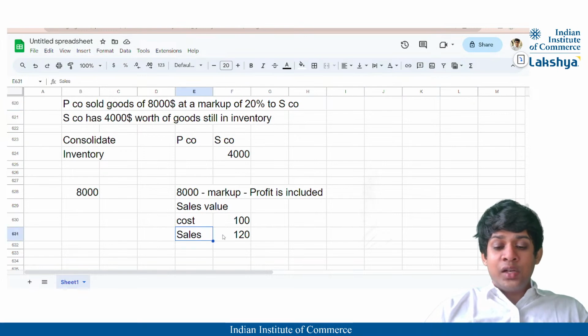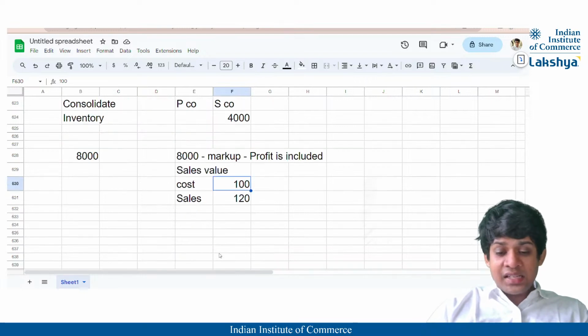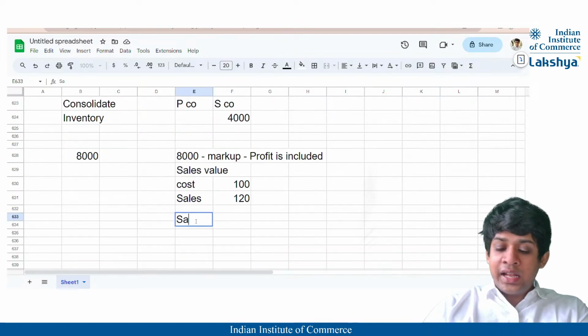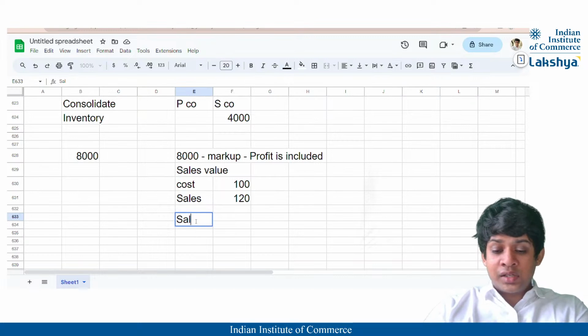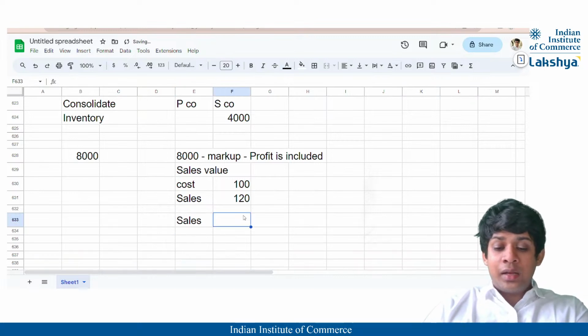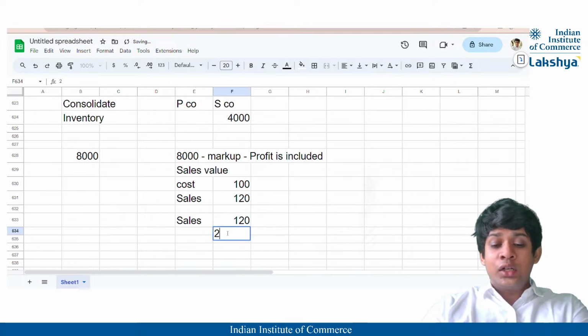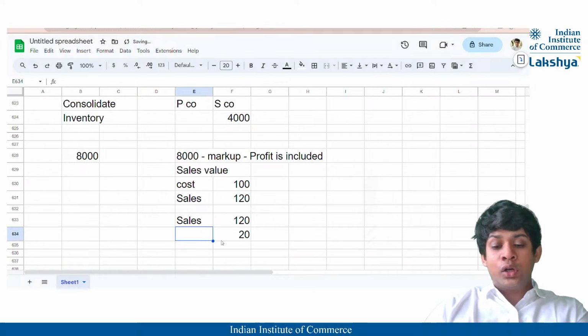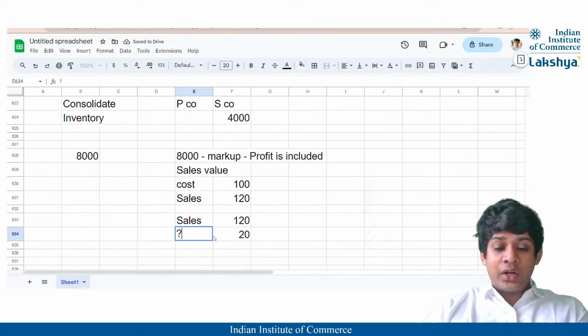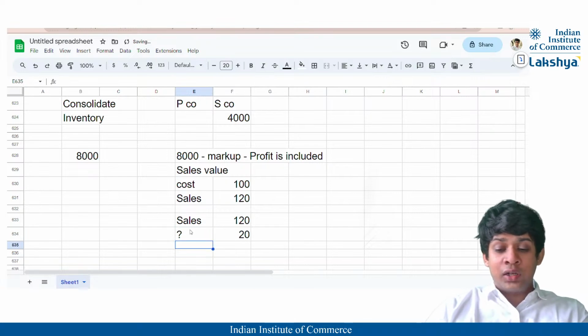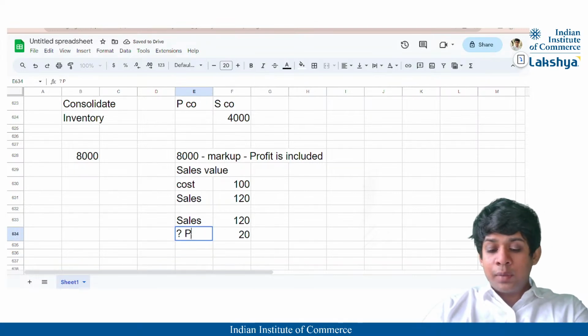So the sales value is 120% and the cost is 100%. So I have to calculate the 20% which is the profit earned on this, and that is nothing but the PER,